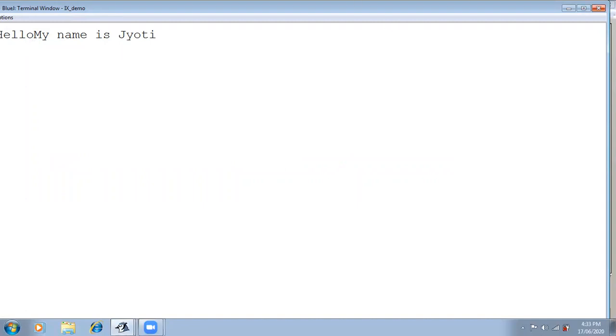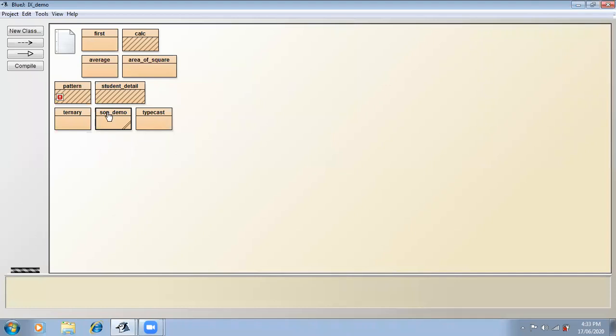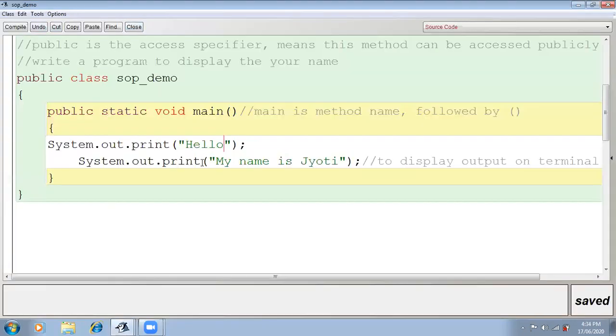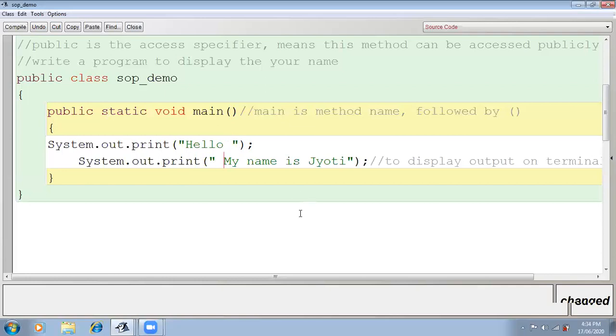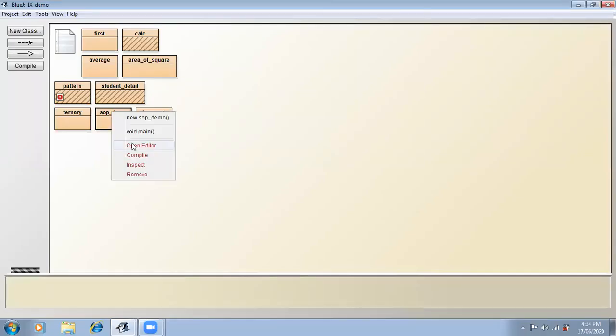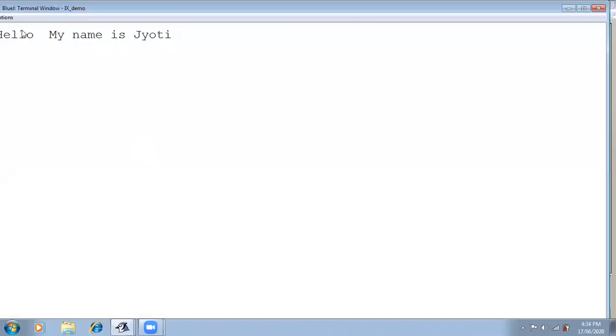This type of output they are going to ask you, so you must know this. Suppose I put one space here and one space here. Now what will be the output? Double space. Void main, double space. Obviously, see that here is only a single space, here two spaces. One space, two spaces. Understood? Clear?